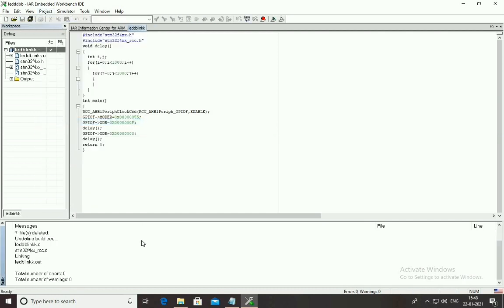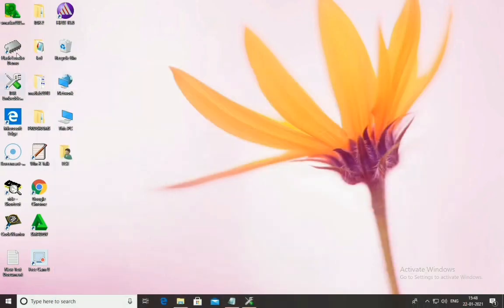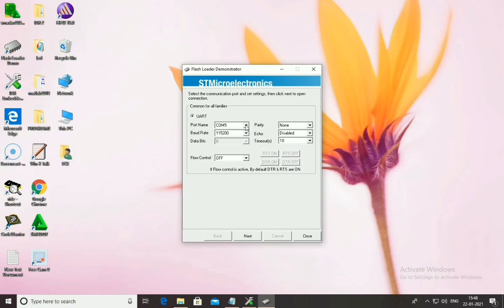Okay, now rebuild it and you will find no error here. Then connect the kit before you choose the flash loader. Okay, give the port name and baud rate, click next.